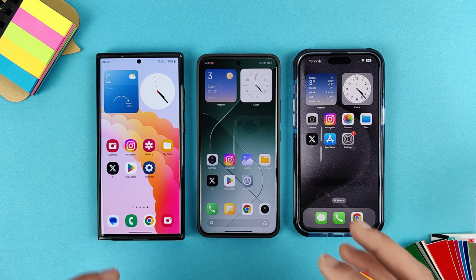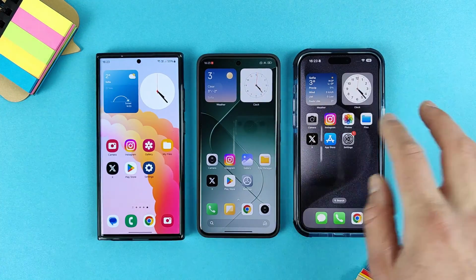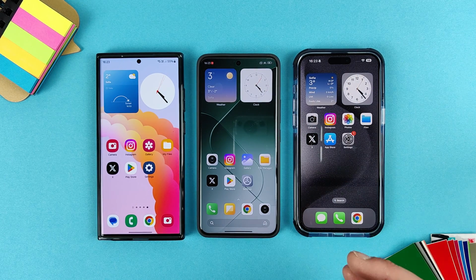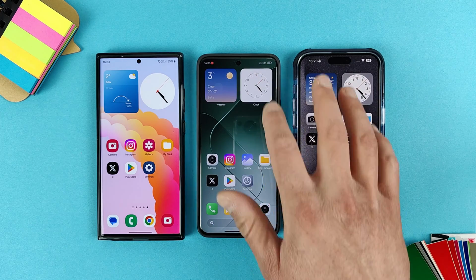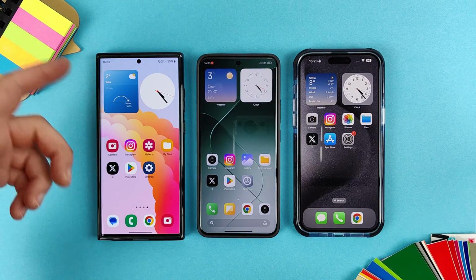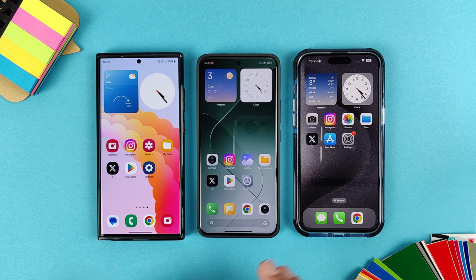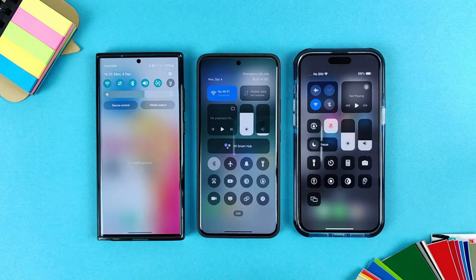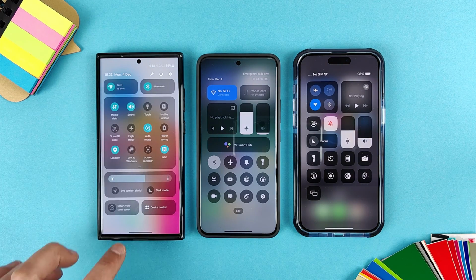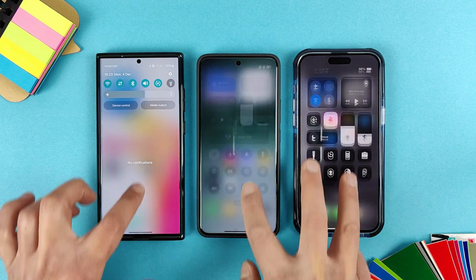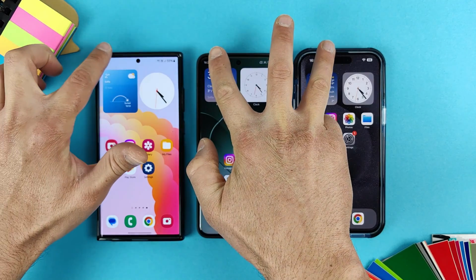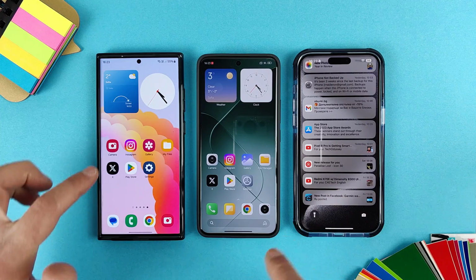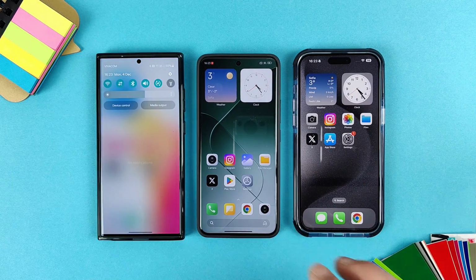Let's just swipe the notification panel and see the difference here. If we swipe here on the right side, it will bring the shortcuts menu, and if you swipe on the left side, the notification panel. Here first notifications, and after that the shortcuts menu. And of course you can change that. And this is how it works. And if you swipe on that side, this will bring notifications. Of course you can change that here